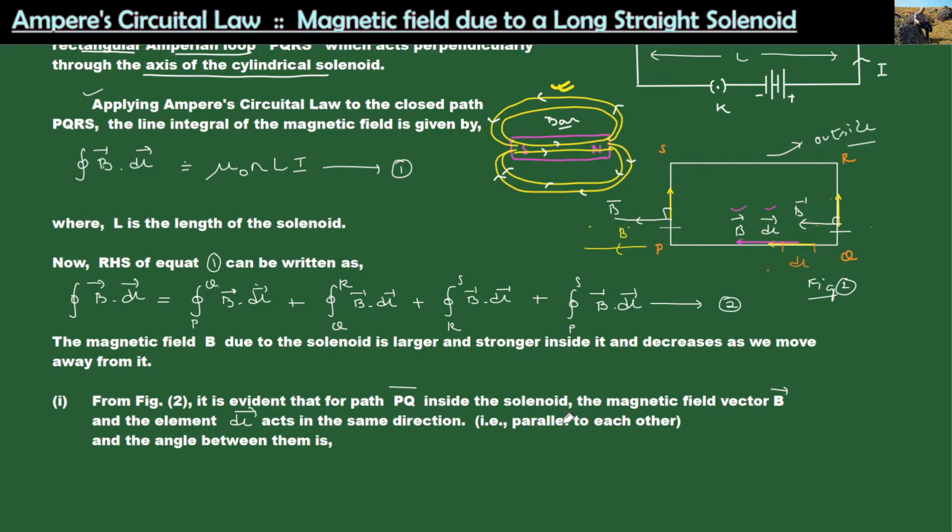They act in the same direction. And when they act in the same direction, the angle between them is 0 degree. Which means that this integral, the line integral from P to Q of B dot dl